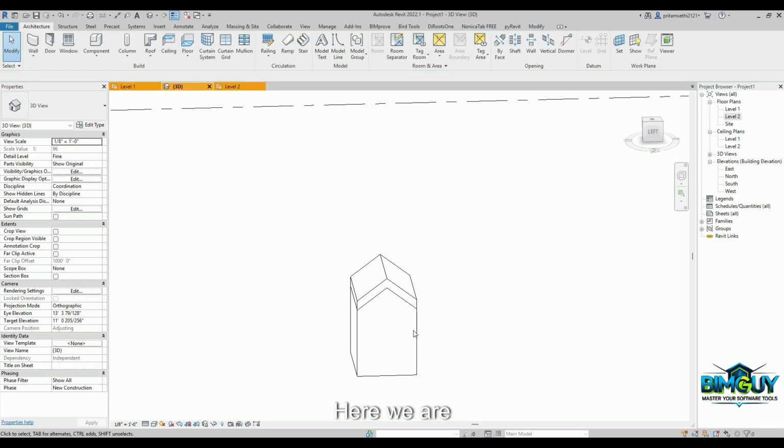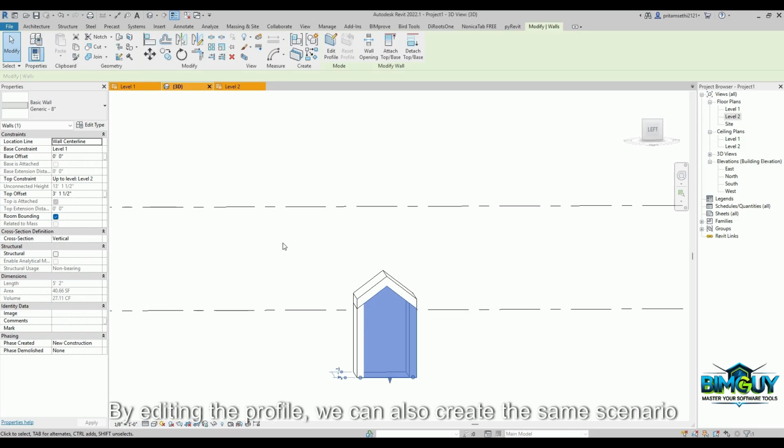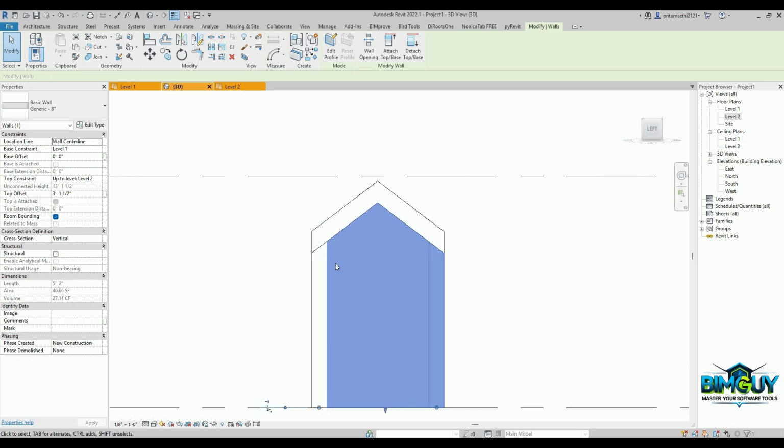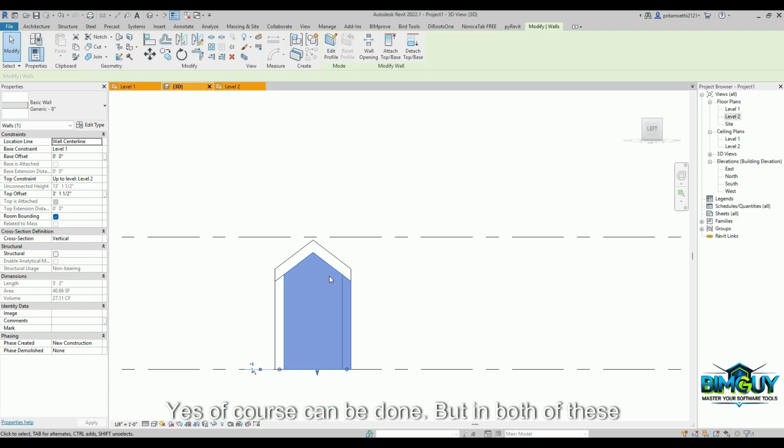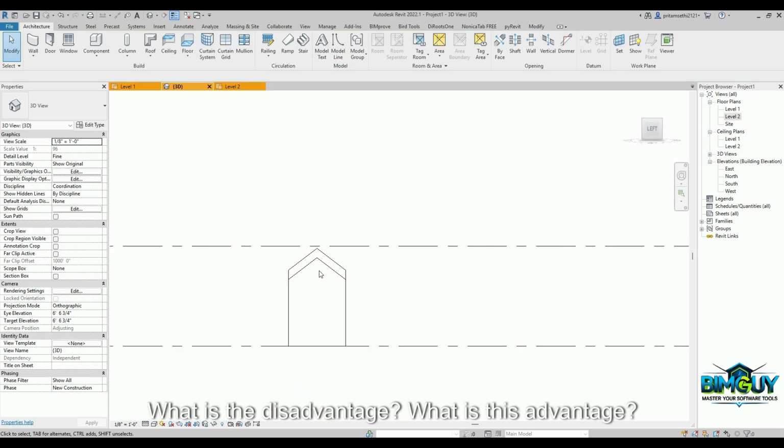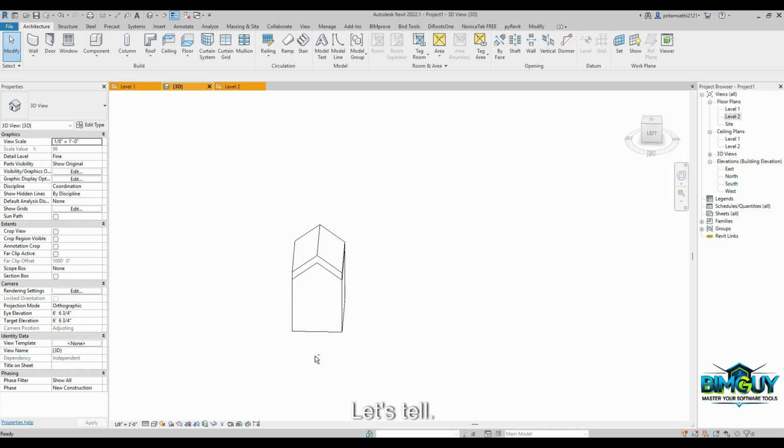ओके, तो यहाँ पे आप लोग के माइंड में एक और क्वेश्चन आया होगा कि सर यहाँ पे तो हम एडिट प्रोफाइल करके भी तो वो सेम सिनेरियो कर सकते हैं। यस, ऑफ कोर्स कर सकते हैं, लेकिन इन दोनों में डिसएडवांटेज क्या है एंड एडवांटेज क्या है ये बता देते हैं।